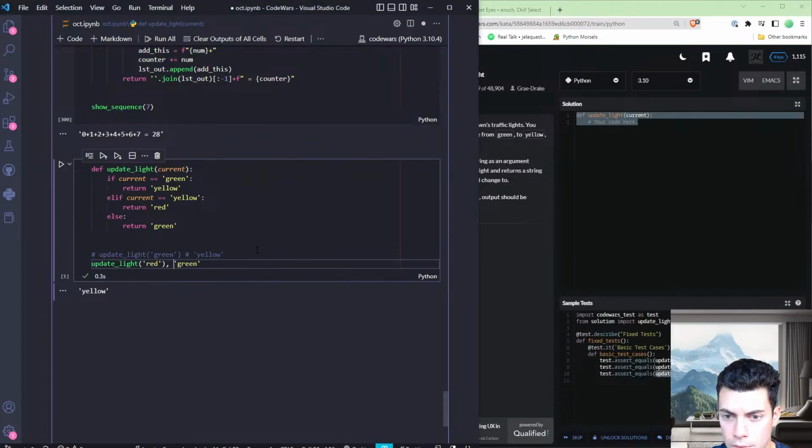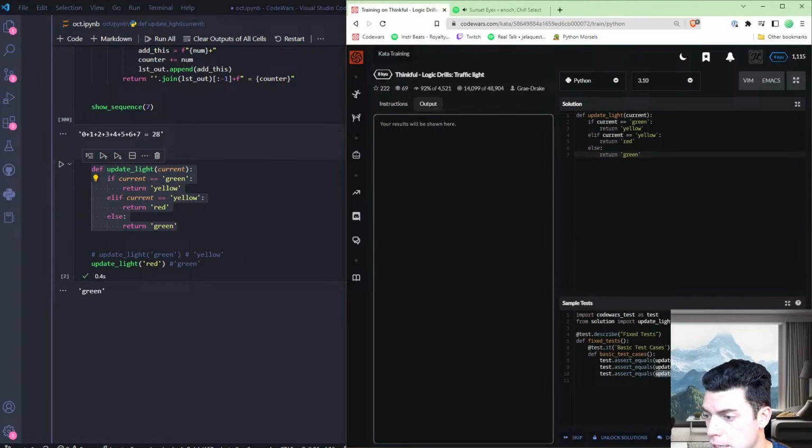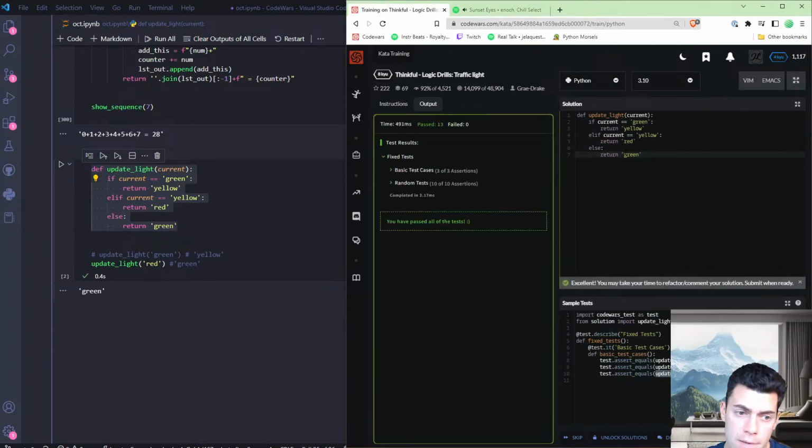Comment that out. Green. Okay, I think this is correct code. Let's just plug this in here and see what happens. Yeah, it looks like it's right. All right, so I mean that was pretty easy. I wonder how else you could solve this. I mean, if we click the submit button, we'll be able to tell, but